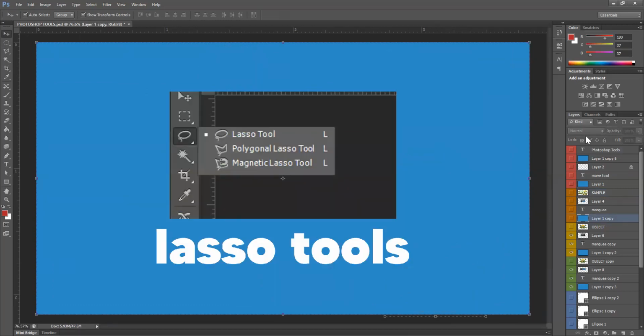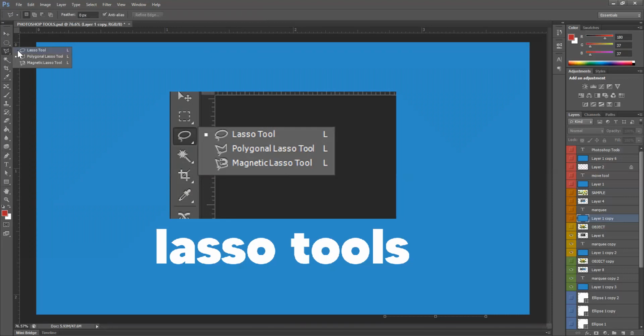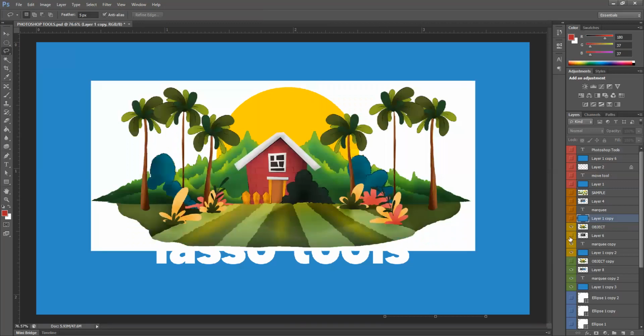The next part naman na gagamitin natin is the Lasso Tool. The Lasso Tool, nasa pangatlo naman siya, nasa ibaba ni Marquee Tools at ni Move Tool. Meron siyang tatlo. Meron Lasso Tool, the default, the Polygonal Lasso Tool, and the Magnetic Lasso Tool. It's quite the same. All these toolbars here are for selection. So, may have here an object. Si Lasso Tool, kapareho lang din siya ng ating Marquee Tool. It allows you to select a portion of your